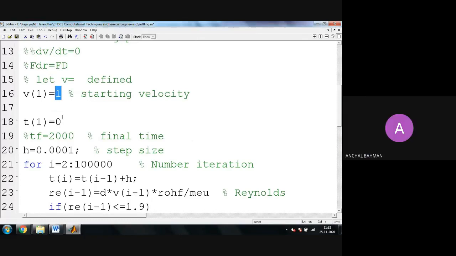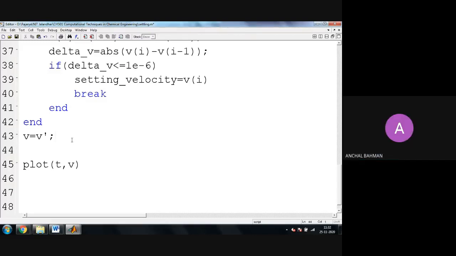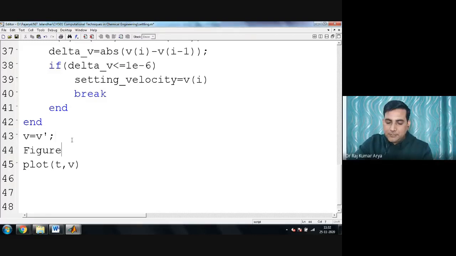Yes, sir. First let's plot this for 1 and hold it. Just wait. Okay, so let's say figure 1, so we can see what is happening at 2 and 1 also. Here you can give a command, hold on. Hold on means the old figure will stay there and the new picture will come and superimpose on it. That is the hold on command.